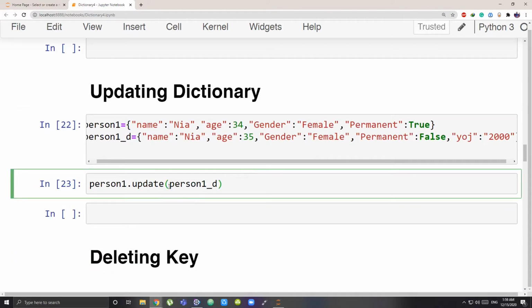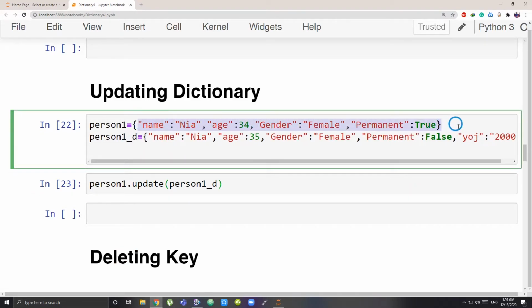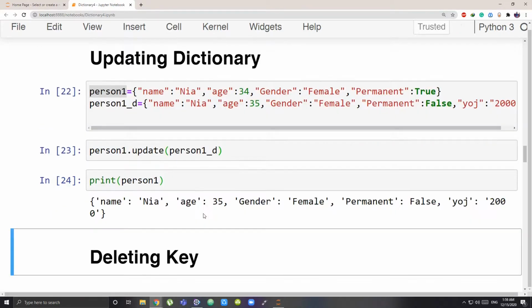So now what happens is, everything that was there will be there. Any changes made to any of the values will be made. Any new key that is added will be added. Let's print and see our person 1 and look for any changes.